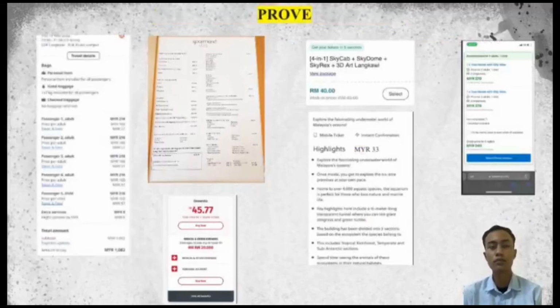So this is the proof of the tour package, and we have the proof of flight tickets, and then the cost of food, the cost of insurance, the cost of activities of Skycab, Underwater World tickets,